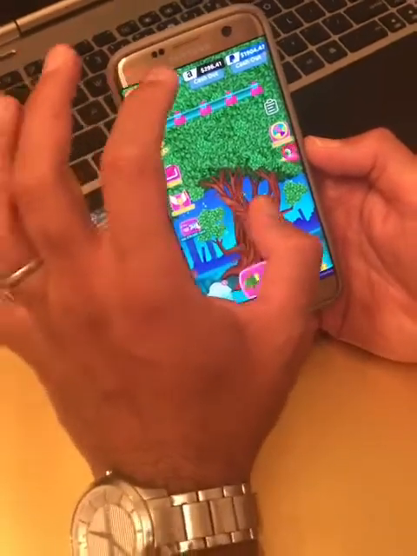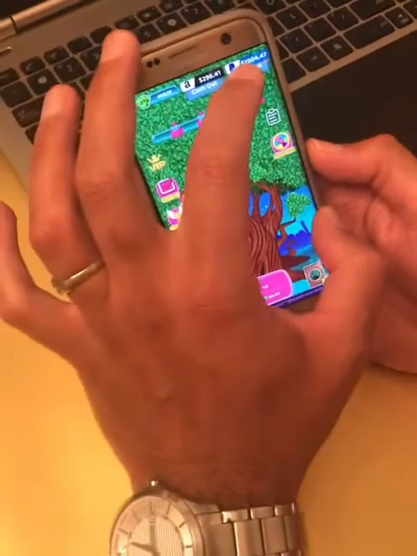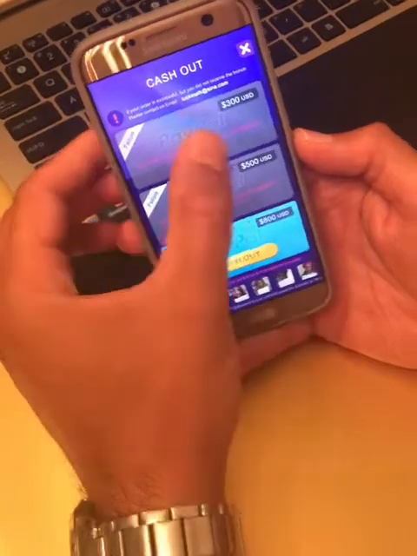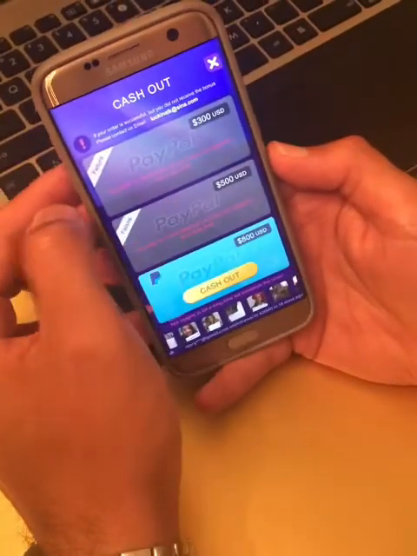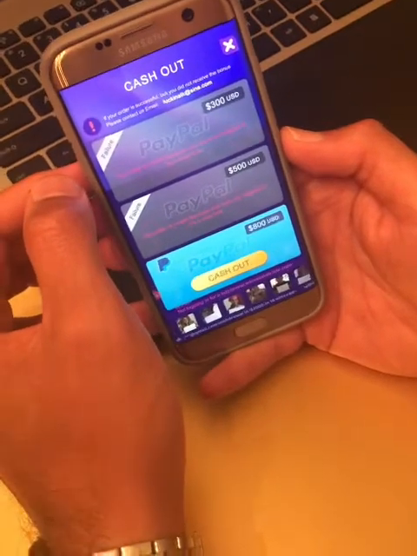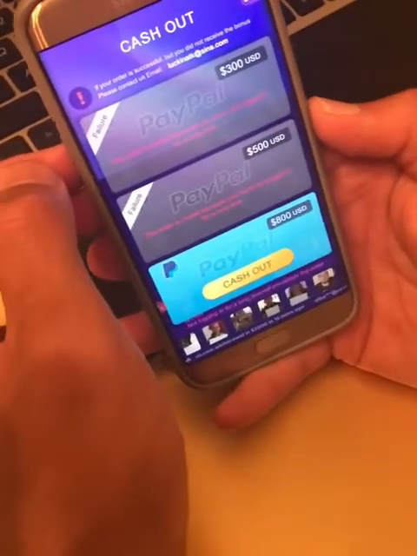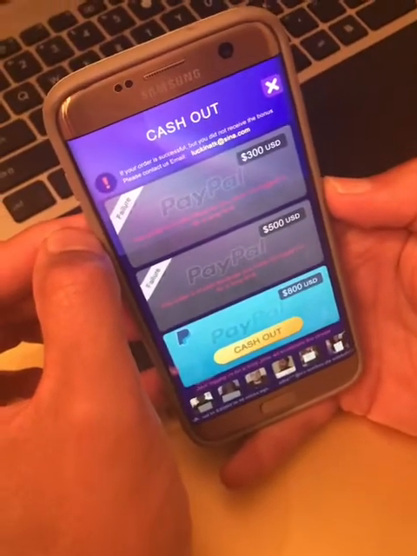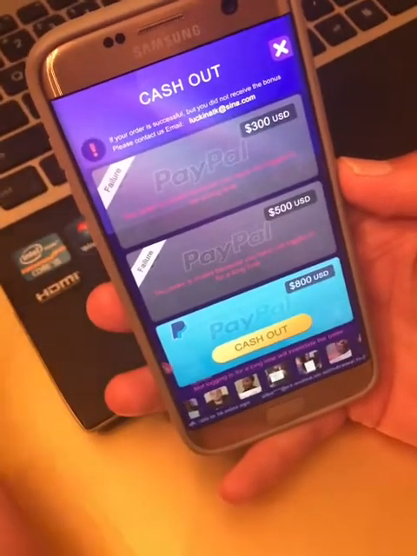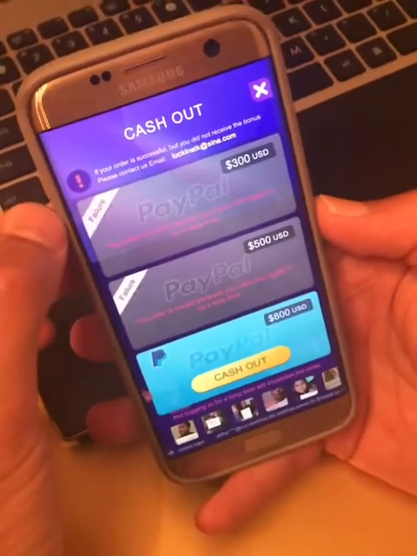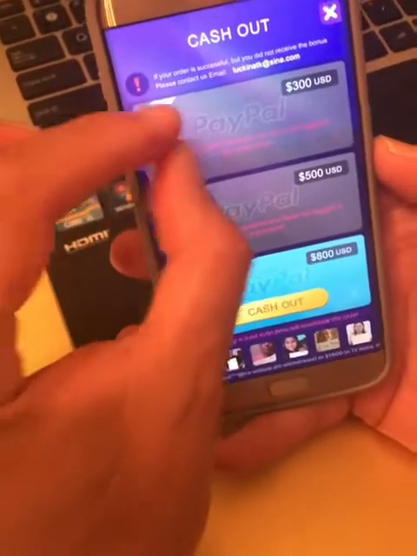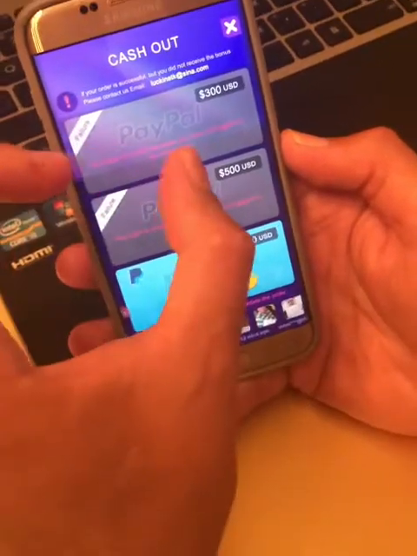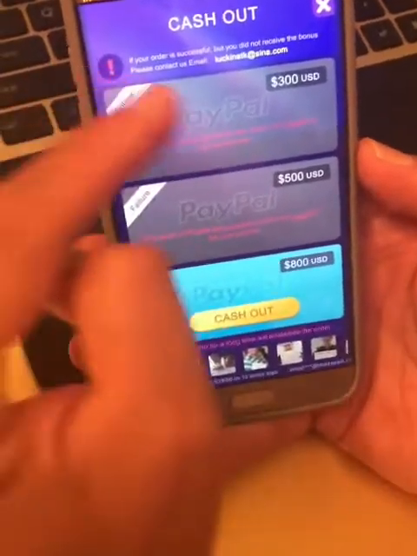And then when your money reaches a certain level, you can cash out your money. When you do the cash out, for example, $300 or $500 in this case, the app asks you to watch a certain amount of videos, which are intensive advertisement videos, sometimes hundreds, 200 or 500 videos, just for your money to be processed. After watching all that, which I have done just for the sake of demonstration,